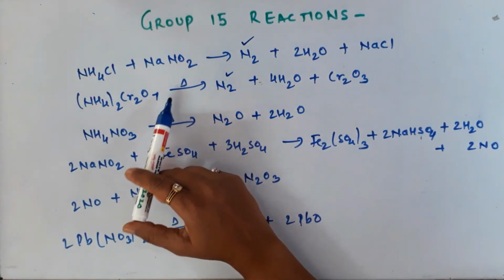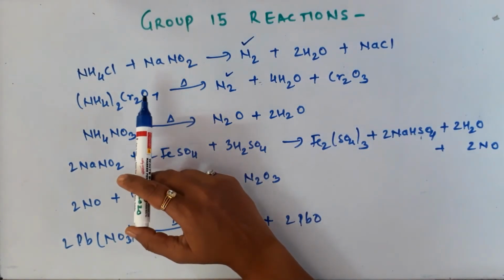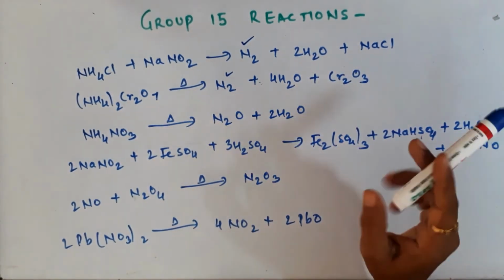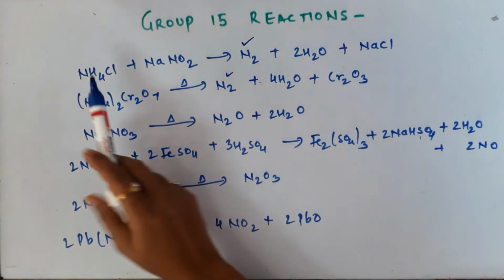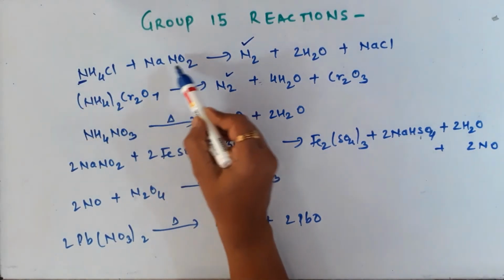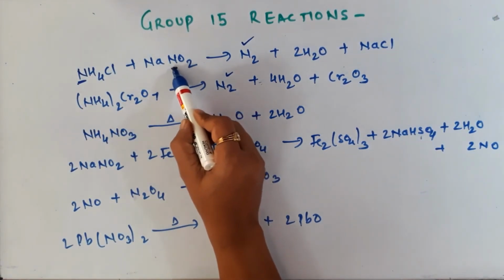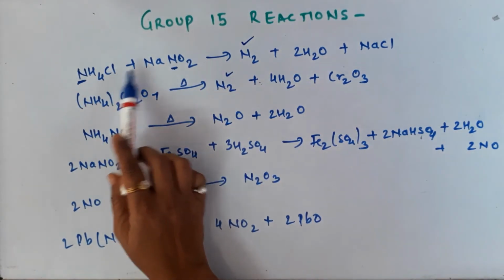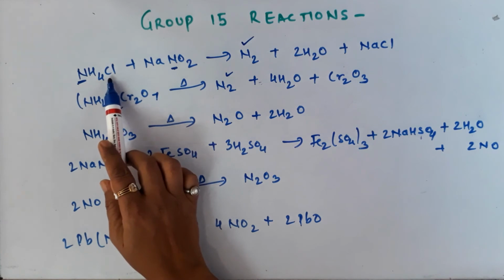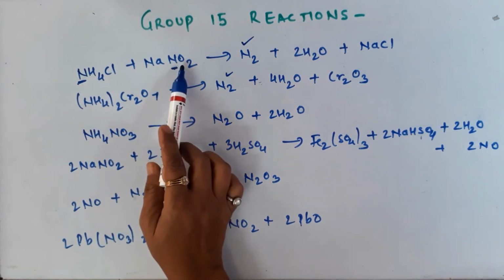Apart from that, there are some other methods which we have discussed. Azides, when we heat, we will get pure nitrogen, because here we get products, there we don't get any extra byproducts. See, ammonium chloride plus NaNO2, you will get nitrogen gas which is coming out from here. What is left is now sodium and chloride. Just apply a little logic, okay? So Na is going to react with anion Cl, and what is left is water.